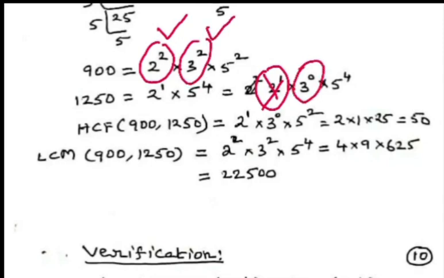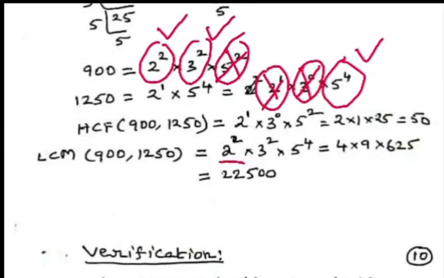We should take this only and we neglect this. 5 power 2, 5 power 4. We consider 5 power 4 and 5 power 2 is ignored. The highest power is taken. The prime number with the highest power is considered: 2 square, 3 square, 5 power 4. So we get LCM